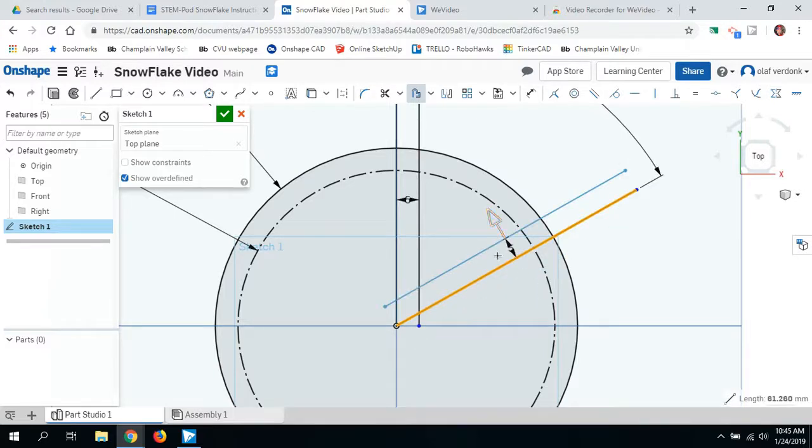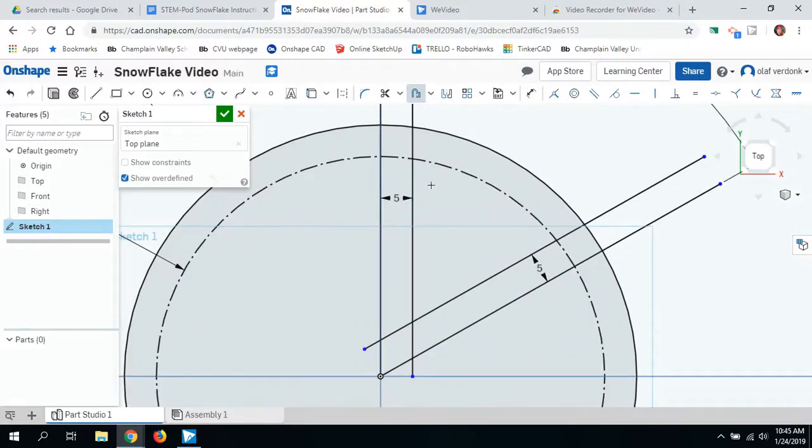And I want it 5 millimeters, so I can just click in this space in here, and it accepts it as 5 millimeters, enter. It's editable, so I can always go back and change that if I want. Now, to cap off the snowflake,